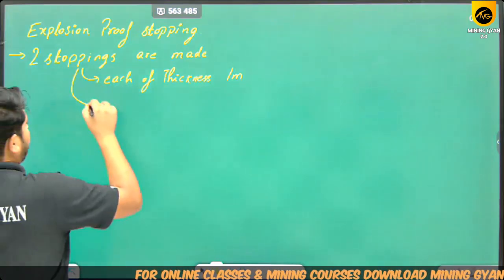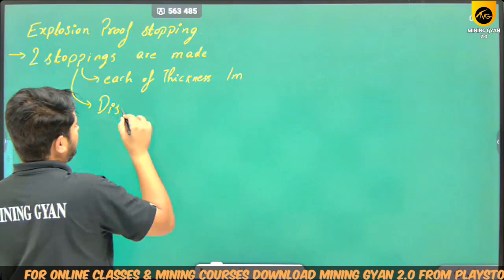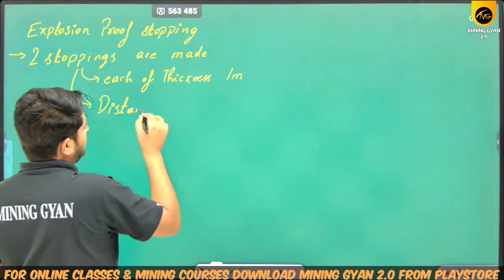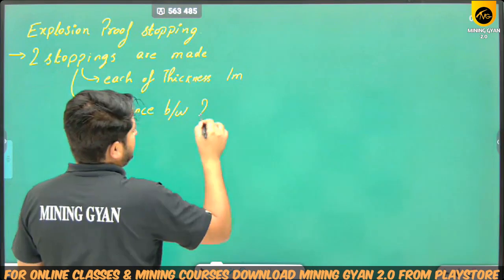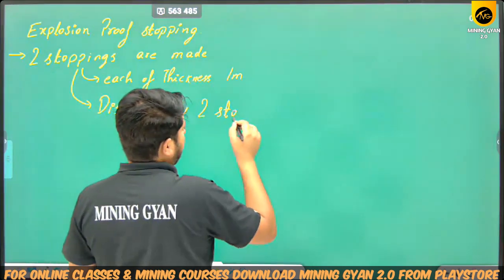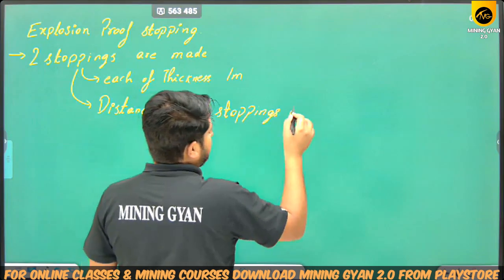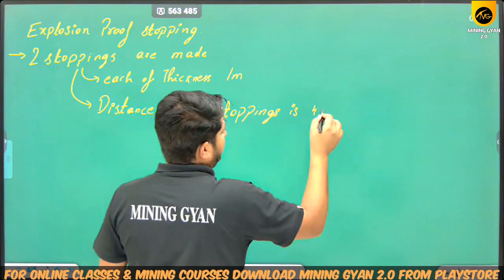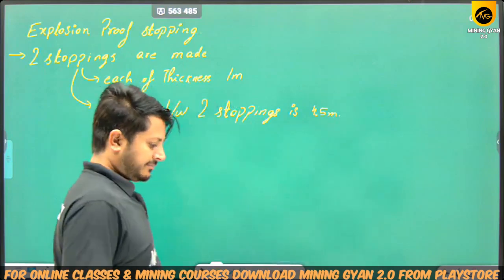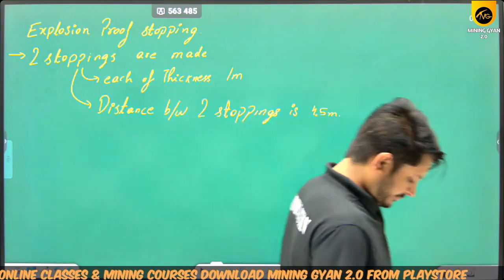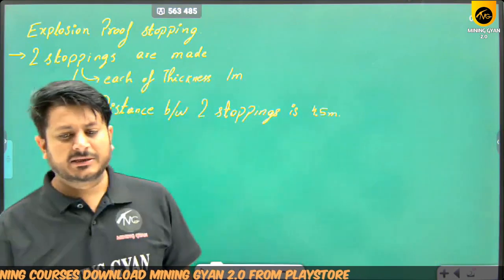the distance between two stoppings is 4.5 meter. Okay,